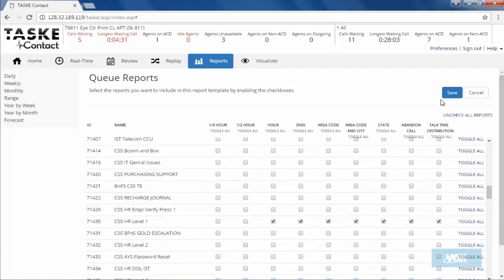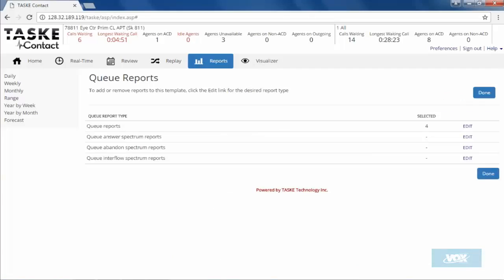So should we save that first? Oh, yes, absolutely. When I say return to the previous page, you don't want to use the forward and back buttons in the browser. They don't work very well within this active software, this web page. So you want to always use the controls within the web page. And of course, we want to save these settings. When we save it, it returns to our queue report list,